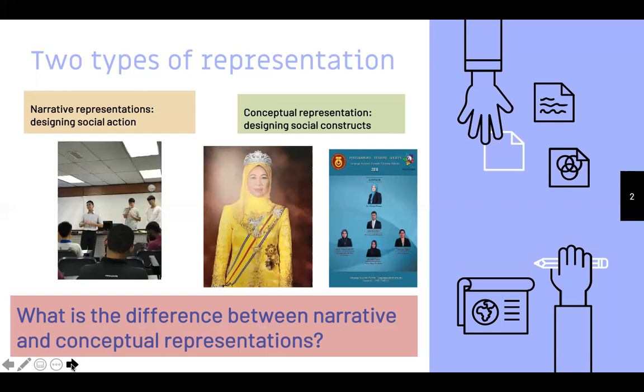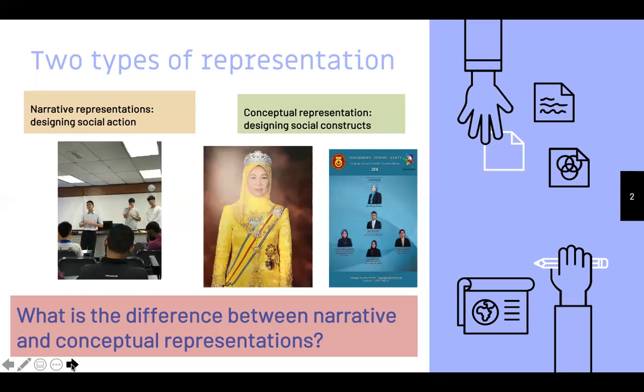Meanwhile, the other two images, okay, if you are Malaysian, or non-Malaysian, can easily identify that the second image in the middle is an image of a queen. So that is a queen of Malaysia, from her crown, her yellow attire, and the medals. So this is a conceptual representation because it does not show what is happening. It does not represent something being done, but it is more like who she is, the attribute